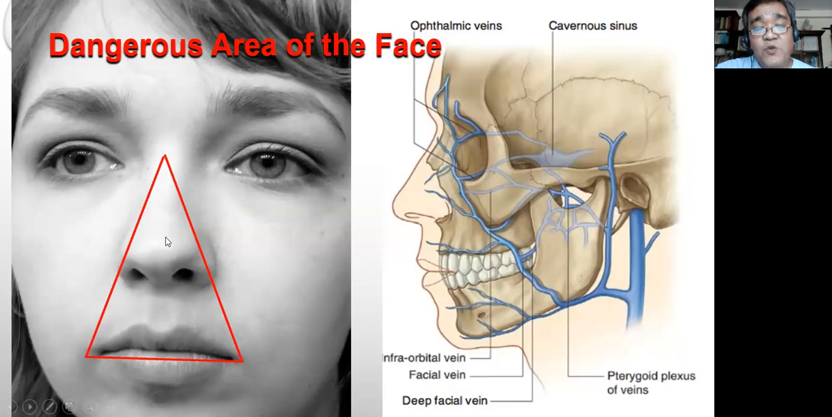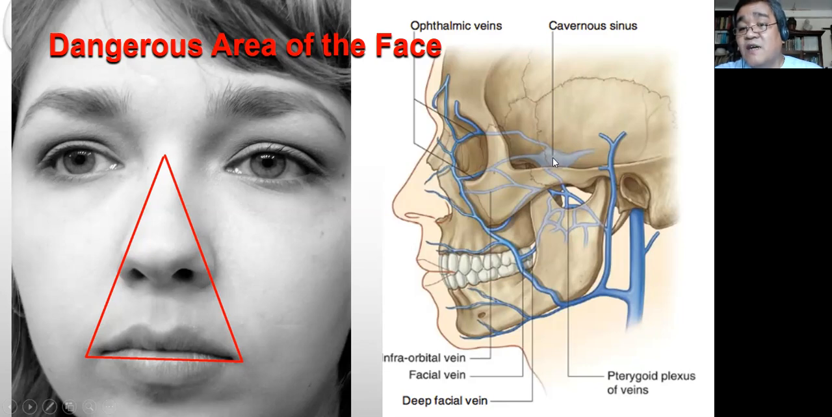Because of this special communication with the cavernous sinus via the superior and inferior ophthalmic veins, any infection within this area, any pustule or infected pimple, or any infection within the nasal cavity, especially one caused by vigorous picking of the nose, which can lacerate or scrape the nasal mucosa and cause an infection, or any infection in this area, especially if you press this infected part, especially a pustule, can gain access retrogradely into the cavernous sinus